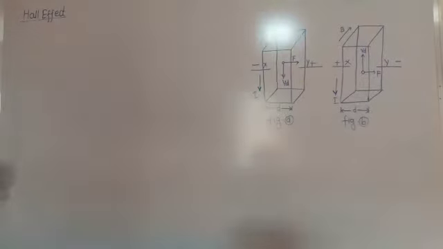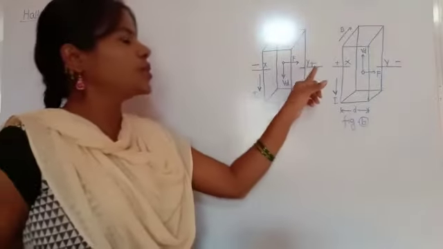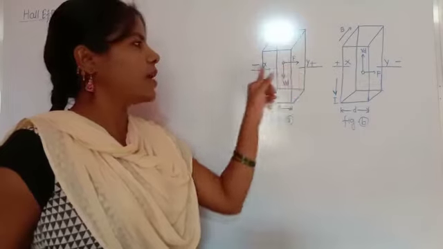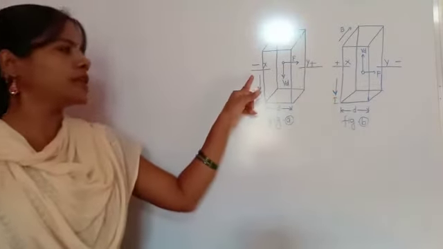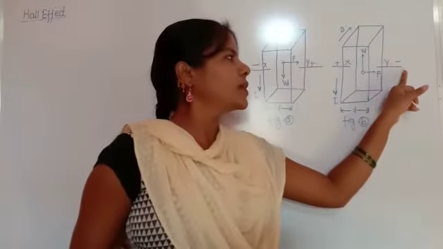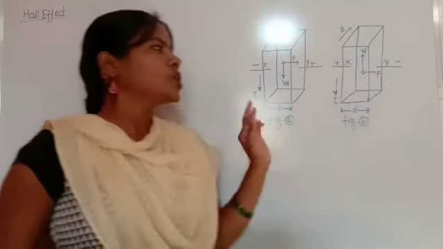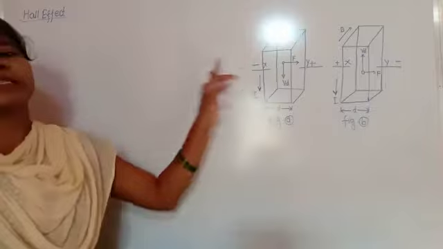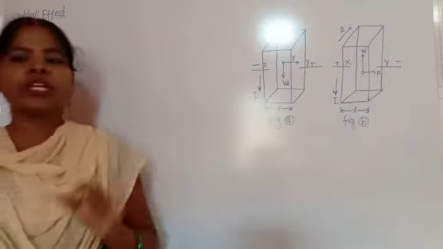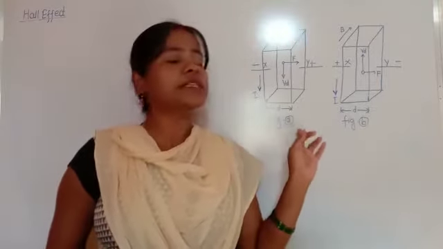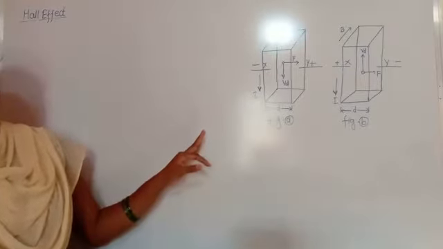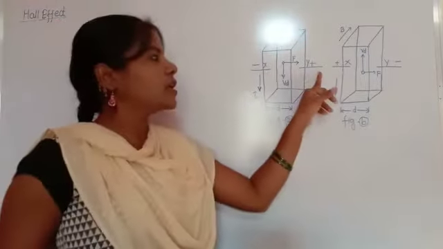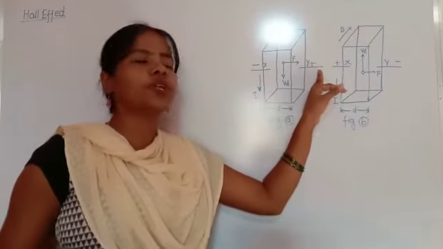After that, these are the two potentials, plus and minus. In one case Y is maintained at the positive and X at the negative. In the other, Y is maintained at the negative potential and X at the positive. So when the potential difference between X and Y is maintained, it stops the further accumulation of charge carriers. There is no further accumulation of charge carriers.